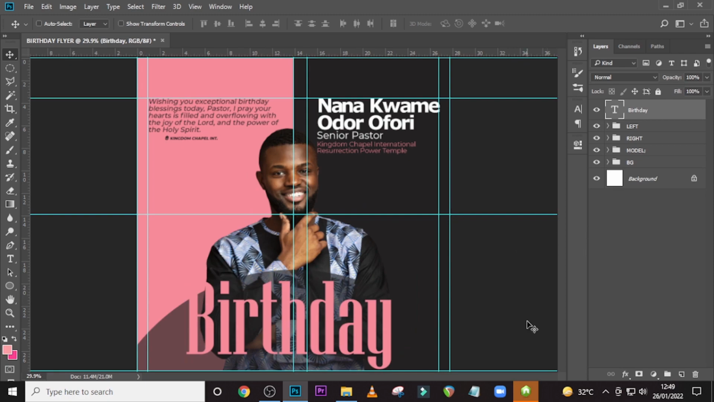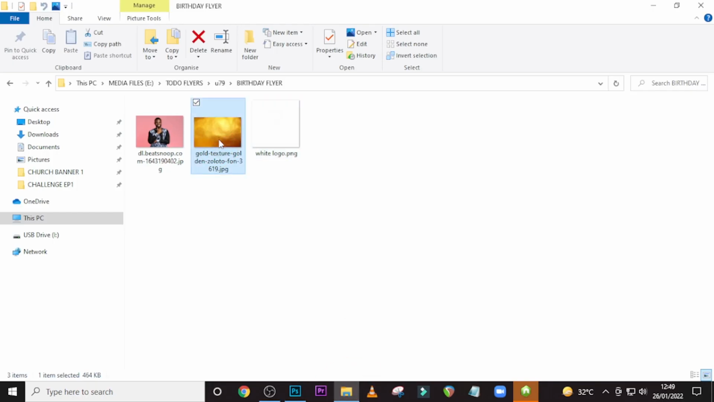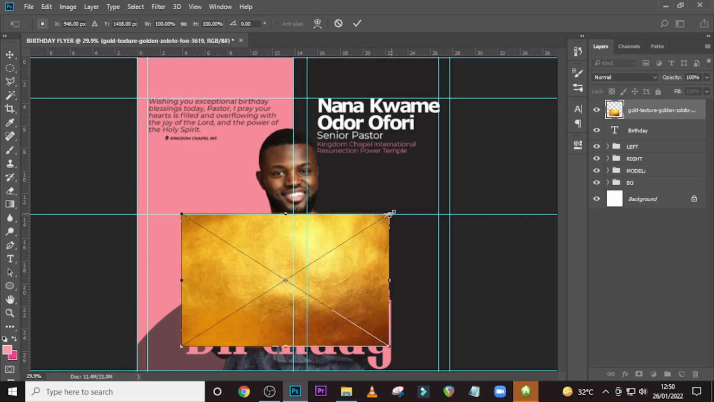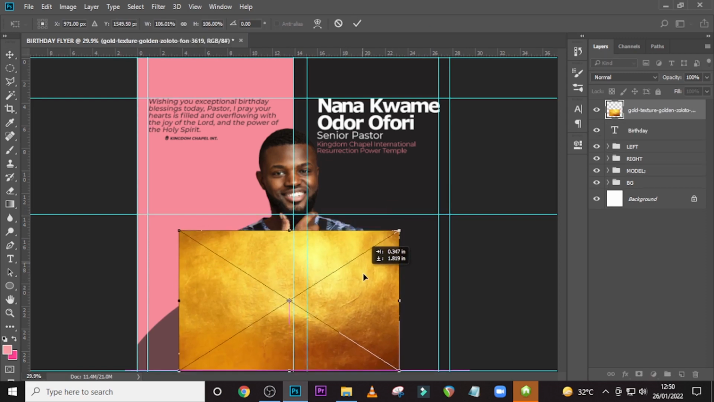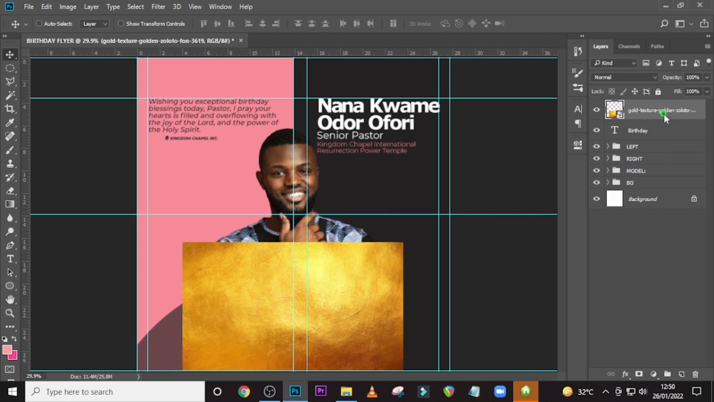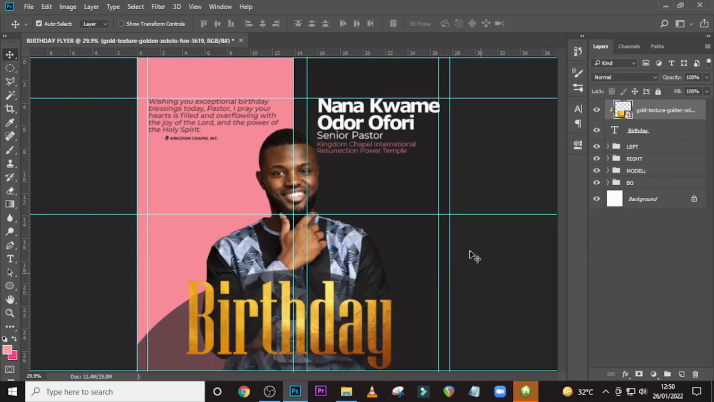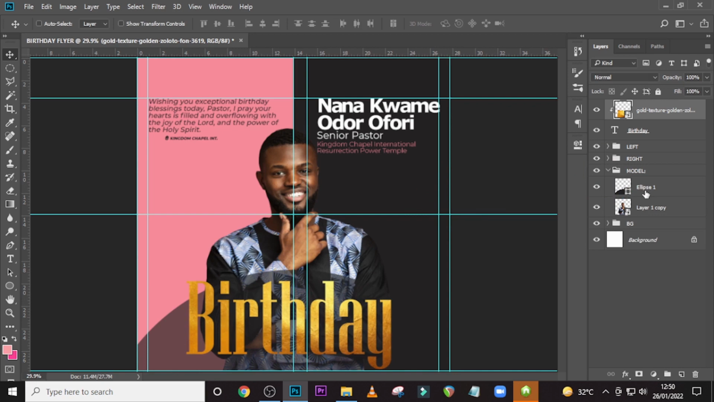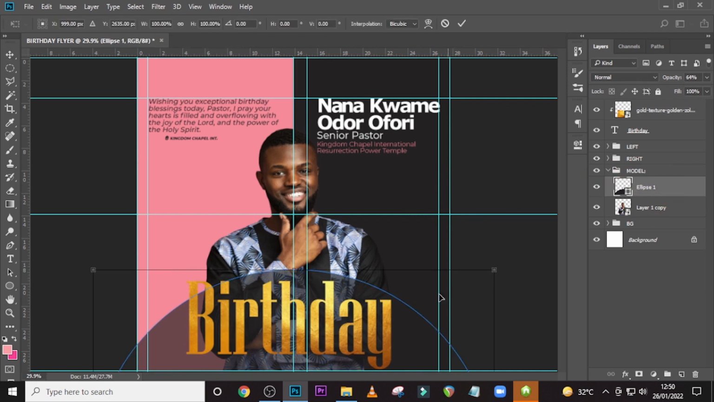And then let's also go and pick our golden foil, drag it in there, and then let's resize it, drag it down, and then clip it to it. You can rotate it a little bit if you want to. Let's go to the model, let's drag it up a little more,